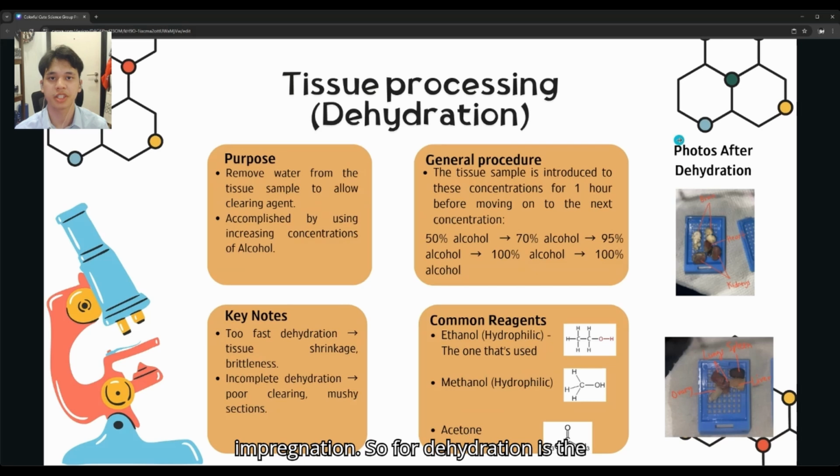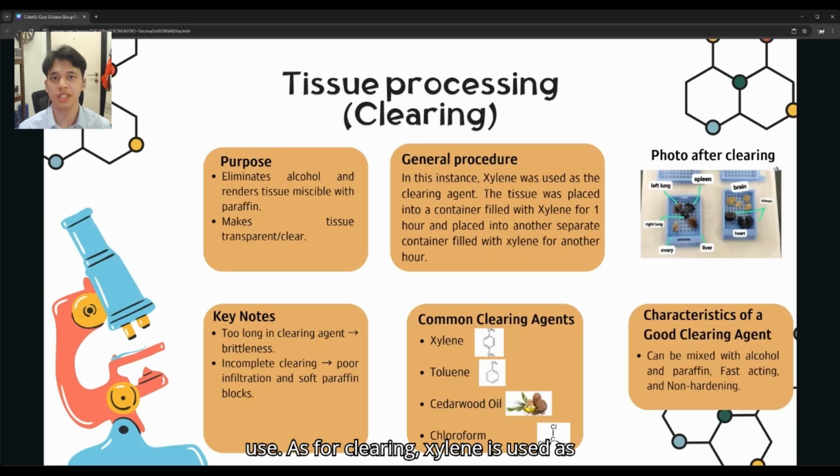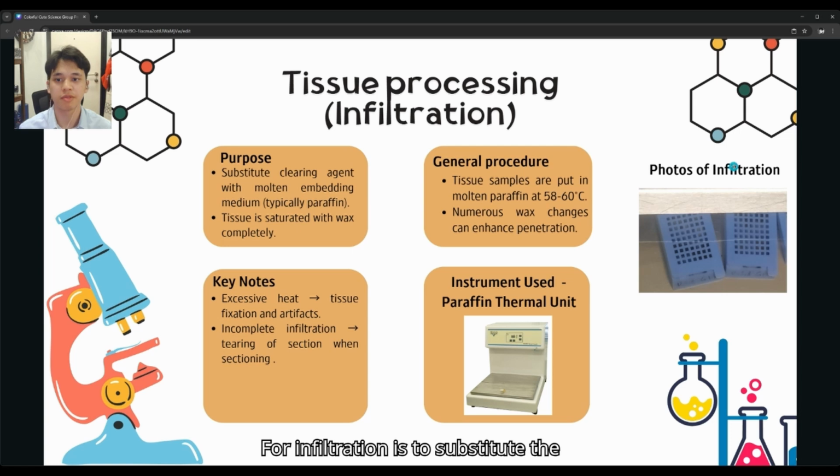Dehydration is the removal of water, and it is done at intervals of 1 hour, using 50%, 70%, 95%, and 100% twice of alcohol. Ethanol is the one that we use. As for clearing, xylene is used as the clearing agent, and the purpose is to eliminate alcohol and make the tissue miscible with paraffin. For infiltration, the purpose is to substitute the clearing agent with paraffin, and the tissue is placed inside the paraffin